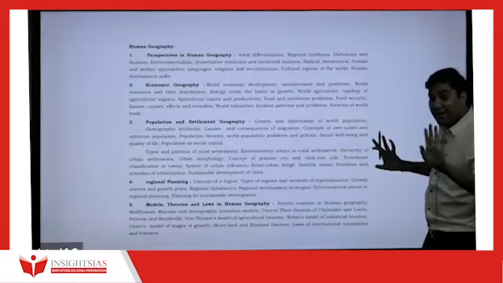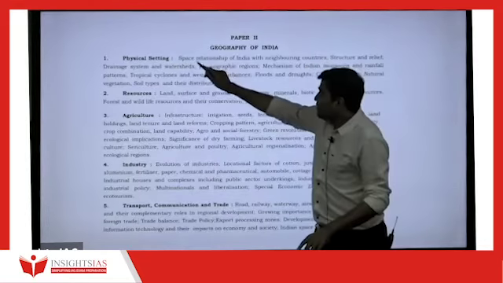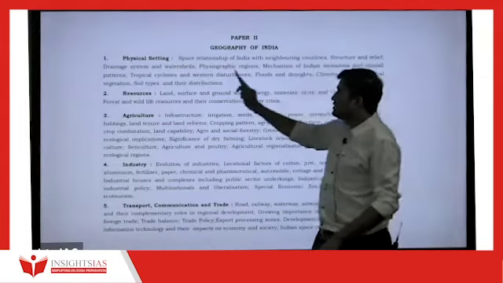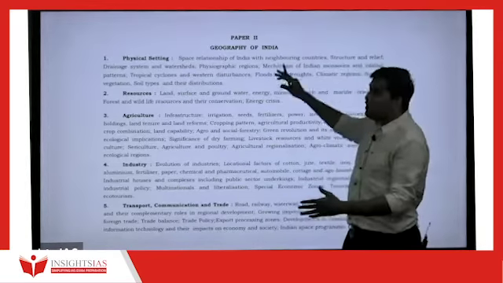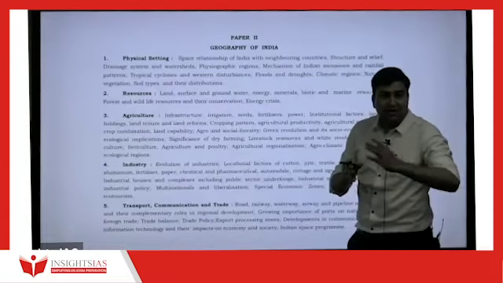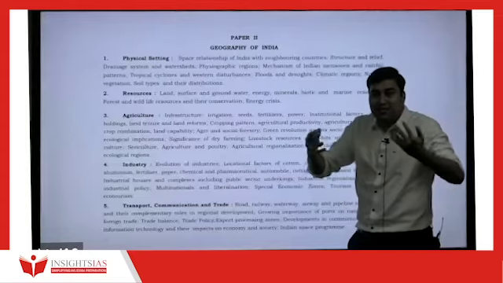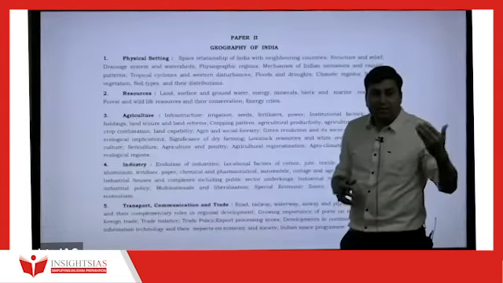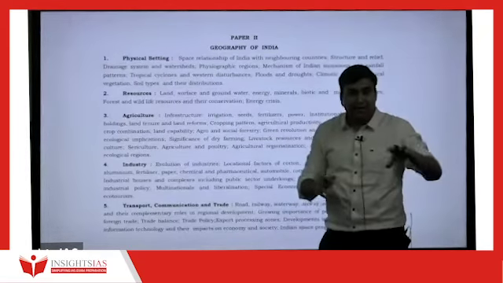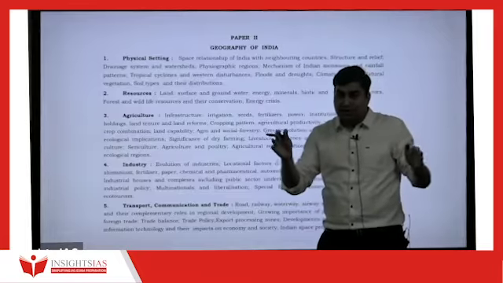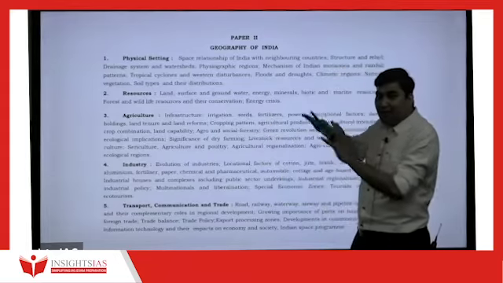Now let us see Indian geography का syllabus. Just now I said physical setting आ गया. Now this space relationship of India with the neighboring countries, structure relief, ये जो topic है, this essentially is linked to basically international relations. India, China, India, basically Bangladesh, India, Pakistan. What is the space relationship that India has with the neighboring countries? Why is it disputed? But here we are going to understand from geographic perspectives. What is the meaning of land boundary? What is the meaning of frontier? So there is a difference between a boundary and a frontier. What is it? All those things we are going to apply here also.